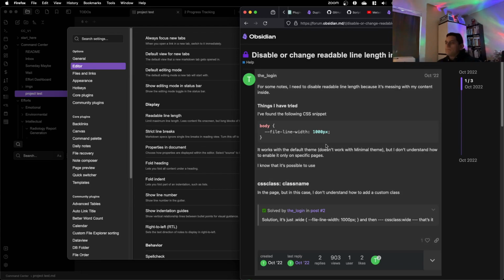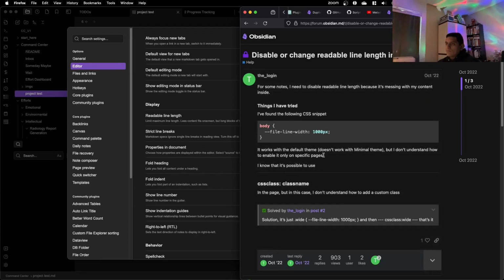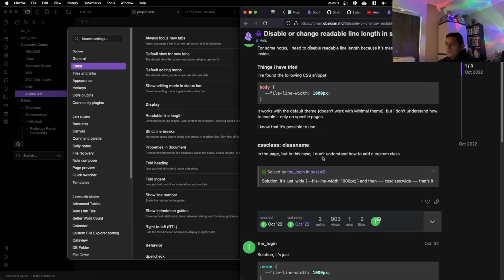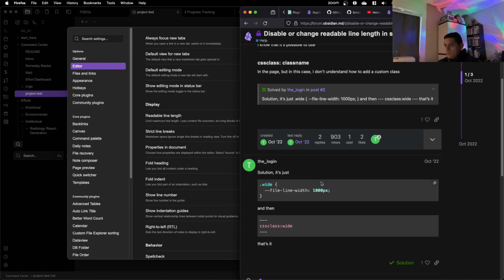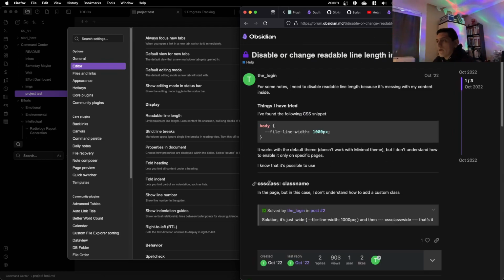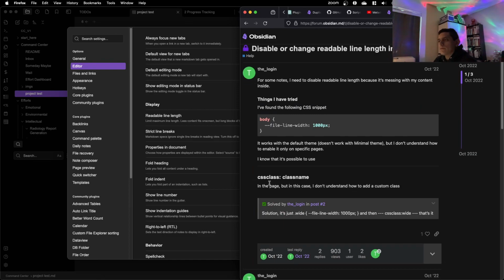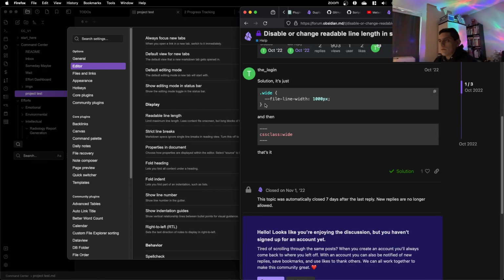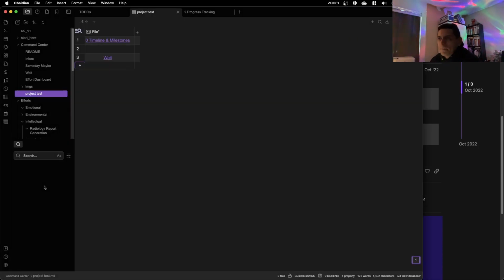This is what I want. Wait. It works with the default theme. What does this mean?